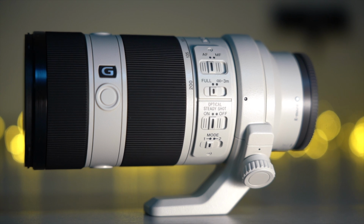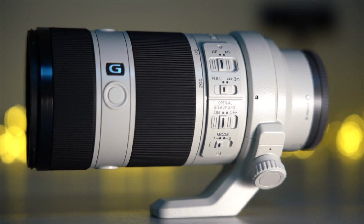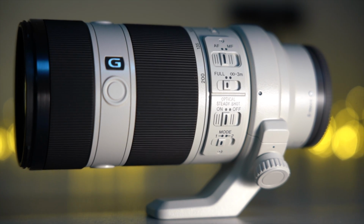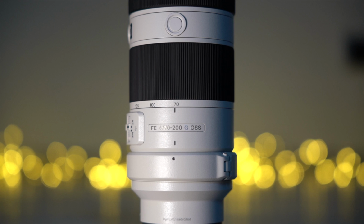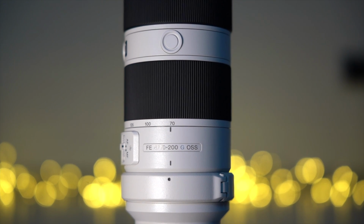The Sony 70-200mm features optical image stabilization, which together with the a7 IV's own IBIS means that I could successfully handhold the camera up to 4 to 4.5 stops slower than with a lens with no optical image stabilization. This lens has a quiet and wide focus ring. There are no hard stops at either end of the range,